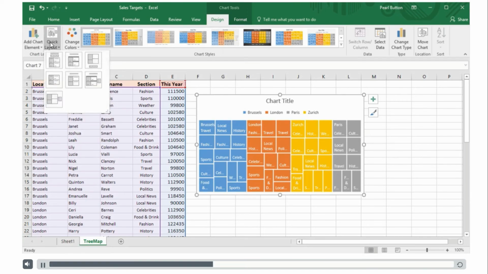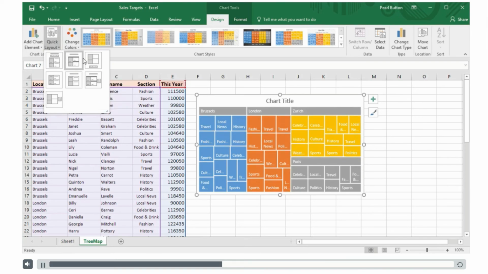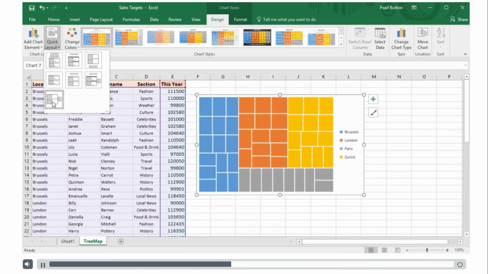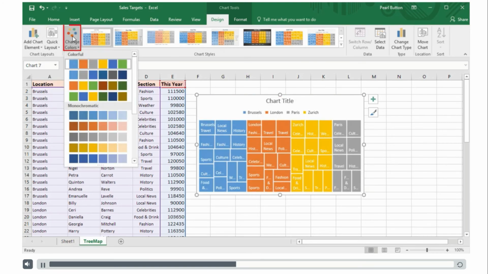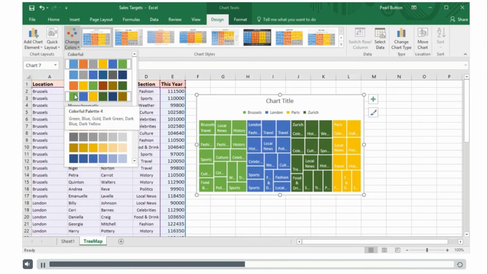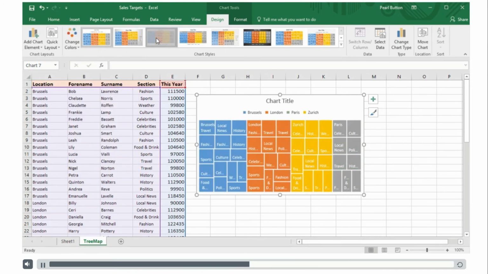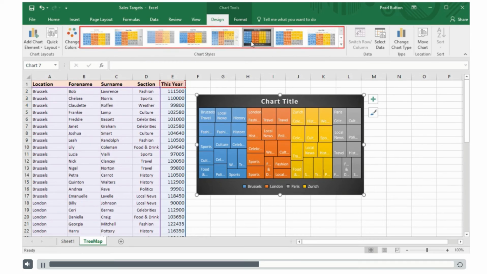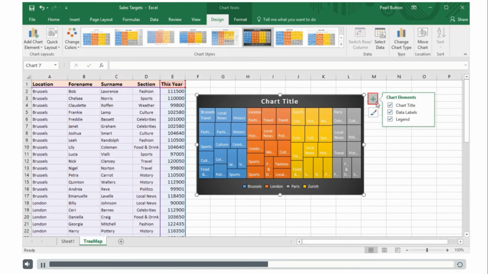The next button, Quick Layout, I'll hover my mouse over the icons and show you some quick layouts. You can change colours, and you can also apply a different chart style. The chart itself has 2 icons, a plus to add chart elements or remove them, and a formatting button to